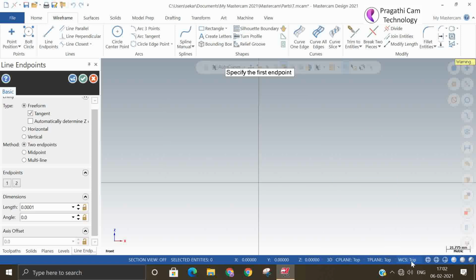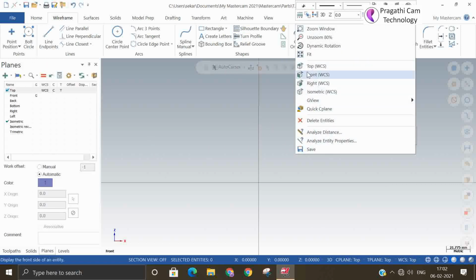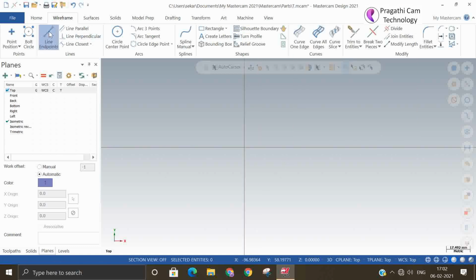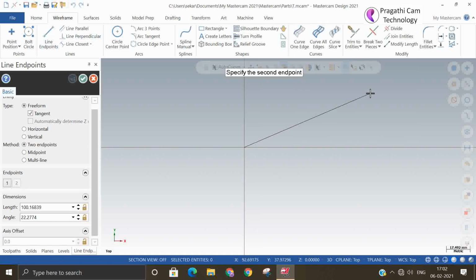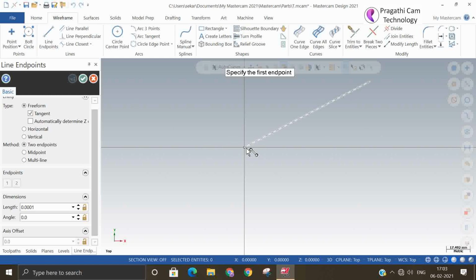Suppose I check my GView, GView top. Now I'll draw one line here, then again I will draw one more line. If I draw the same equal length of line, then it's a duplicate line.